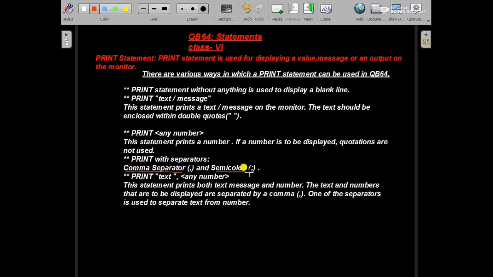A comma, when used between two printing values in one PRINT command, leaves a gap of one tab space. The semicolon separator is similar to pressing the spacebar key once. A semicolon, when used between two printing values in one PRINT command, leaves a gap of one space.